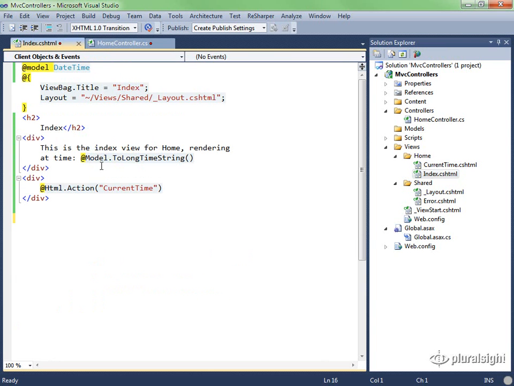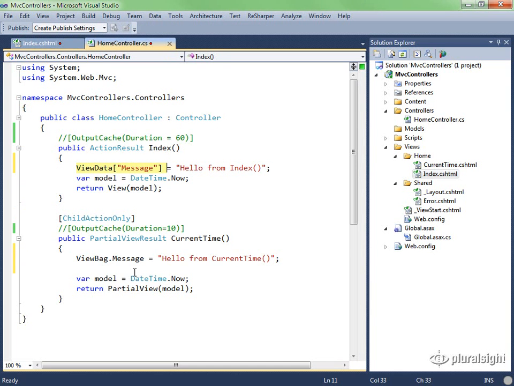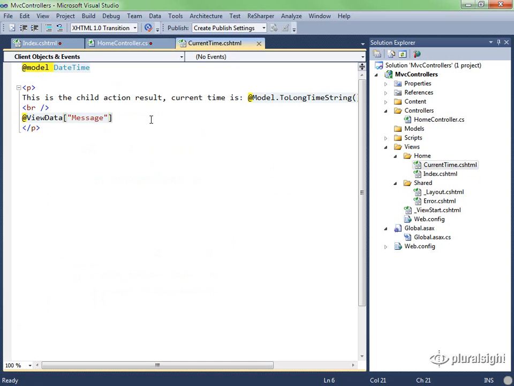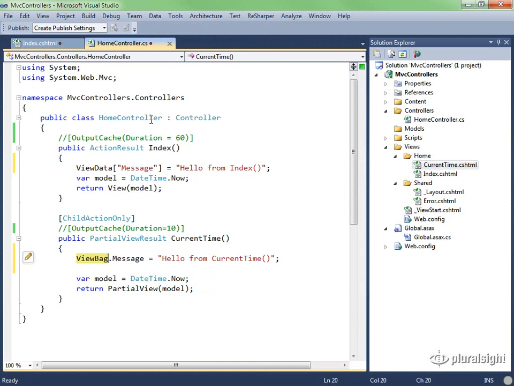So inside of the index view, I want to actually display that using ViewBag. So I'm going to say at ViewBag.message, and notice that we're doing this after we've rendered the current time action. Likewise, inside of our child action, I'm setting a message property on the ViewBag. So let's come into the current time view, and we'll render that using ViewData. So if we run this application,